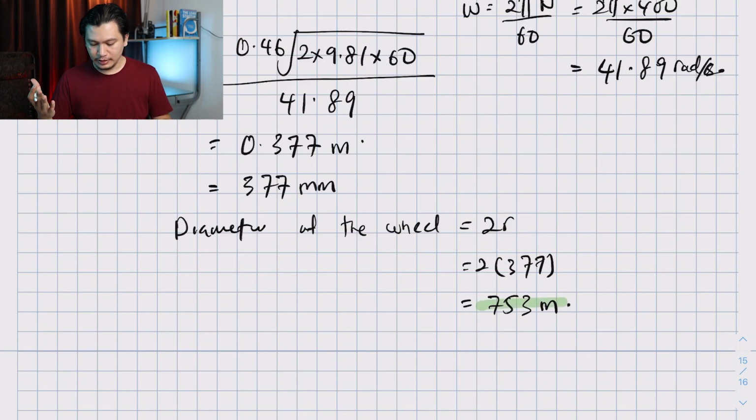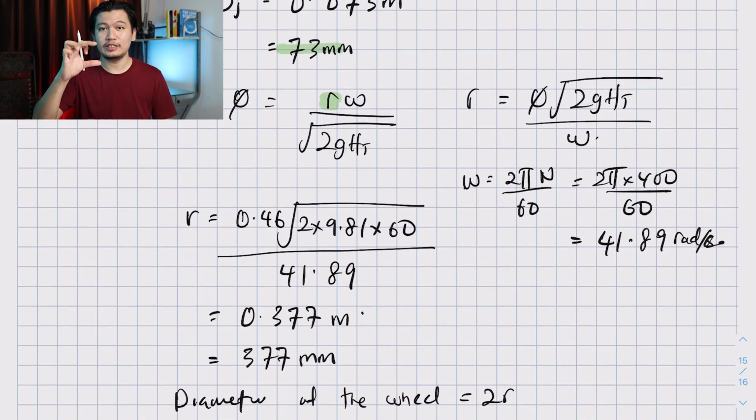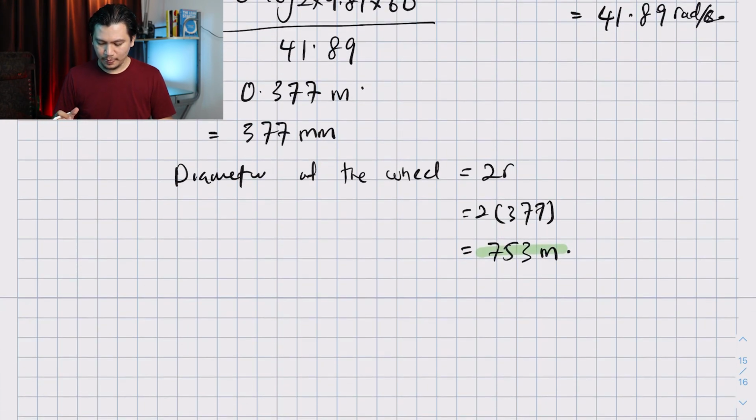And again, think about the scale of what's happening here. You know that the jet is about this, and this is 73 millimeter, and the wheel is about 0.8 meter, so close to 1 meter, about this big. So you have a jet that is impacting on the wheel this big. So I think that makes sense. I think I may have made a mistake here. So this is 753 millimeter. If you have that sense of scale, so you know that the jet is this big and the wheel is this big, so you know that your calculation makes sense. So that means it is the correct answer.